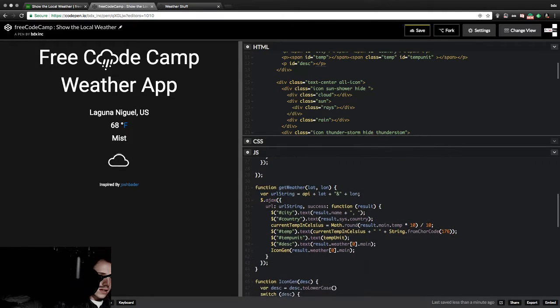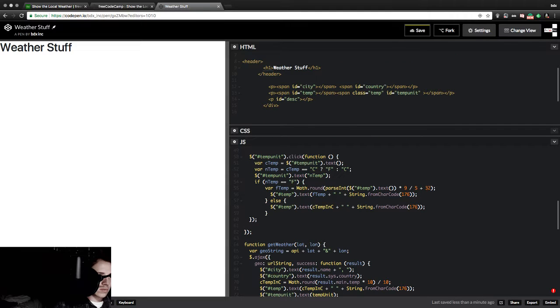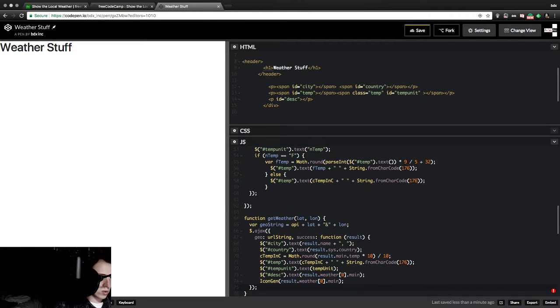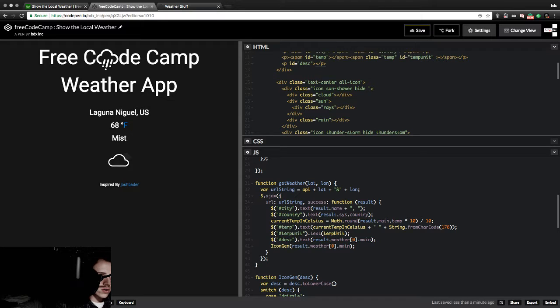Alright, so let's deal with get weather first, which is the Ajax nightmare where we threw in the towel last night because we were ready to cry. Geo. What the hell am I looking at? You know what it is? It's a combination of all this. See, URL string, and URL versus